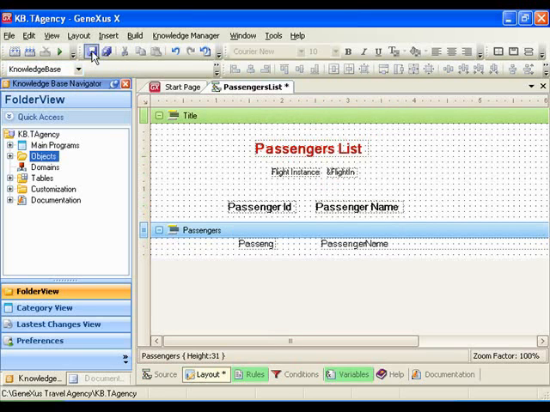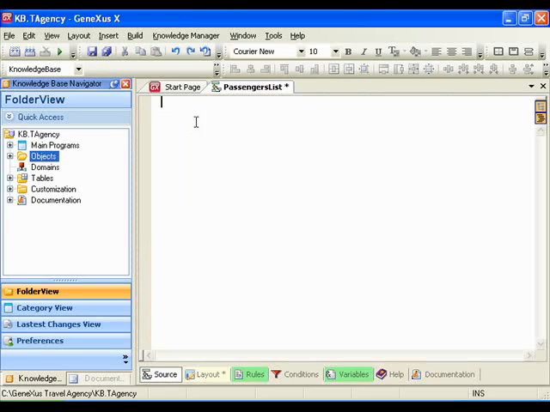Move these around to make it look nicer. Let's figure out, I save the changes first, and let's figure out what code we'll need to write this procedure